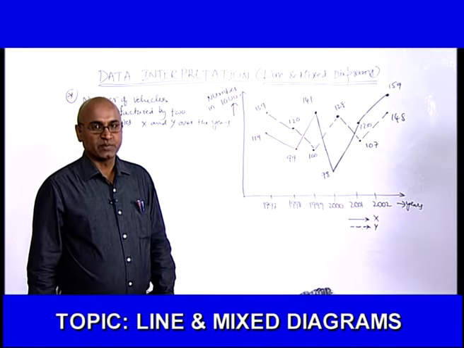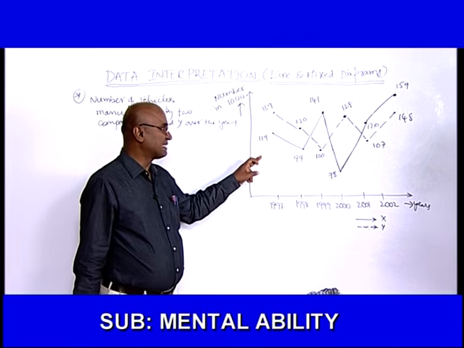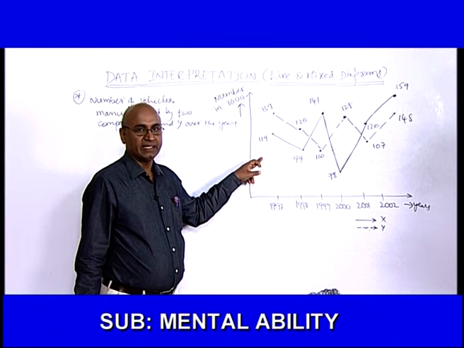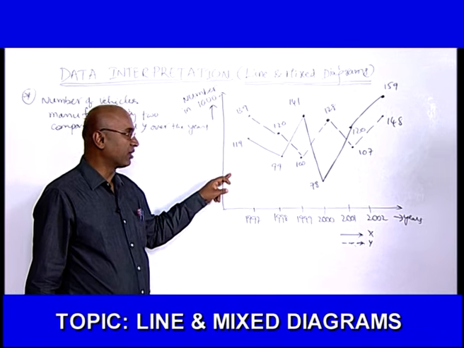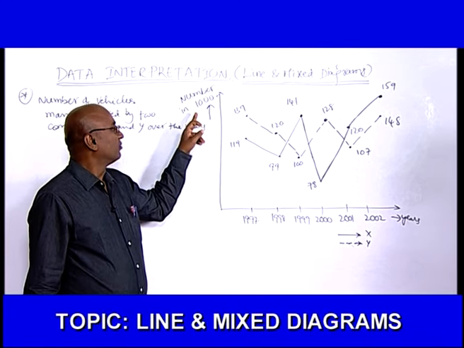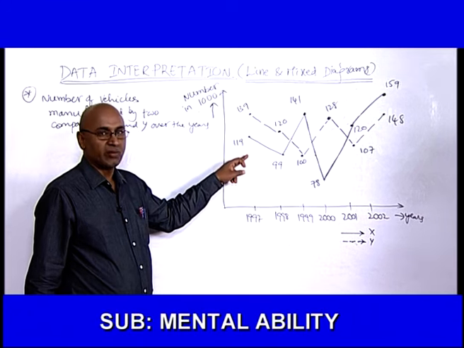Now we will see the next problem. Here, two companies X and Y productions are given in the line diagram. X మరియు Y అనే రెండు కంపెనీల యొక్క ఉత్పత్తులు, నంబర్ ఆఫ్ వెహికల్స్ ఏ ఇయర్లో ఎన్ని మ్యానుఫ్యాక్చరింగ్ అయినాయి అనేది ఒక లైన్ డయాగ్రామ్